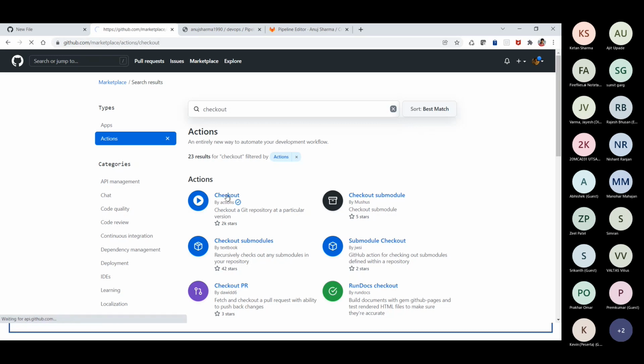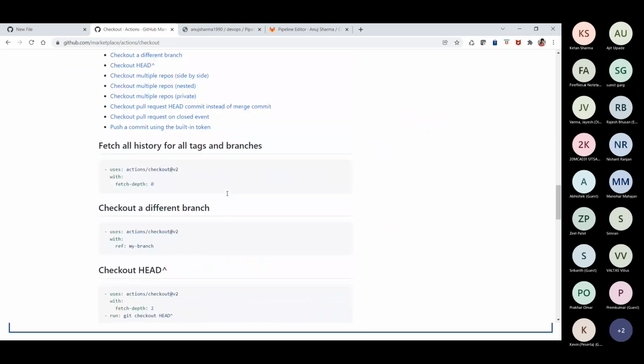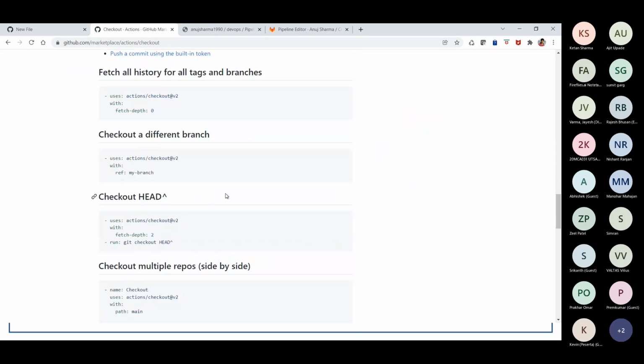When you click on this, you will be able to get the complete value, like how you want to do a checkout. It's going to give you all the attributes, how exactly you're going to perform the checkout in this case.